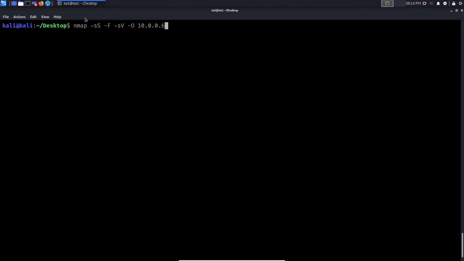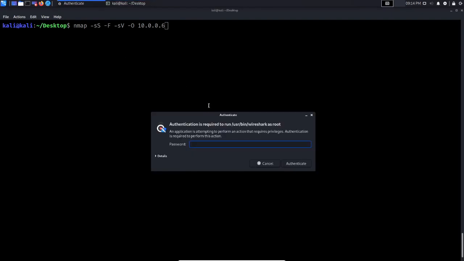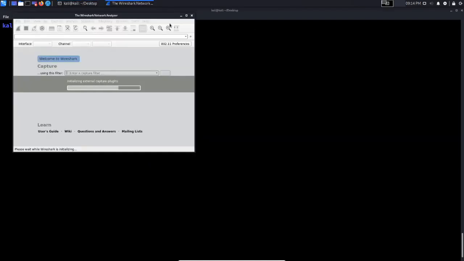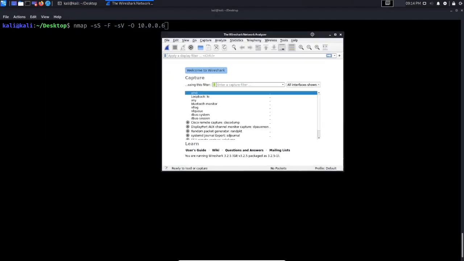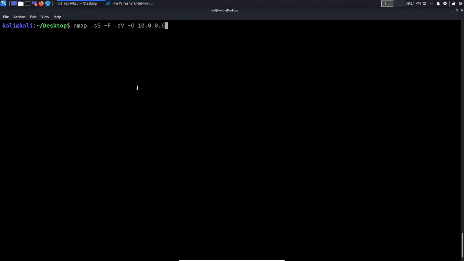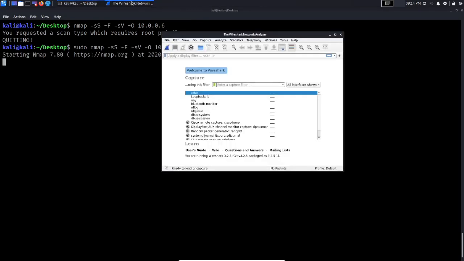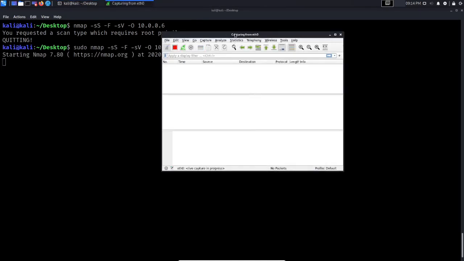So what I'm going to do now is I'm just going to demonstrate this to you with Wireshark, right? Wireshark is a traffic analyzer and inspector. It allows us to analyze packets being sent and received from our target, and I'll just specify my Ethernet 0 interface here. So I'm just going to start the scan, and it's going to say it requires root privileges, so I'll provide that with root privileges here. So sudo, we're just going to hit enter, and if I open up Wireshark and I start the capture now,